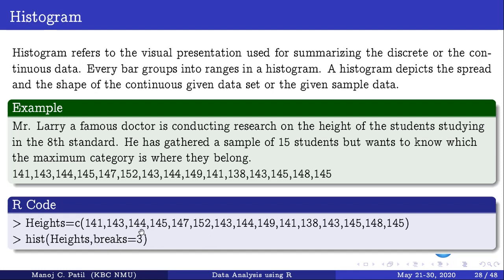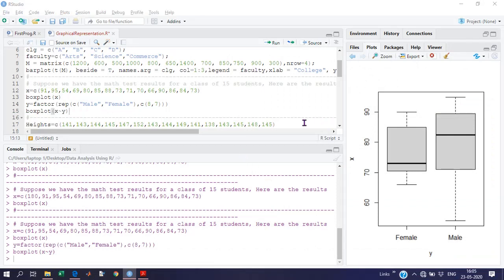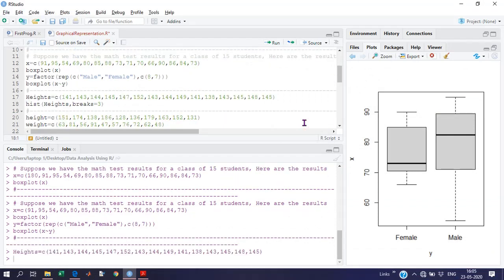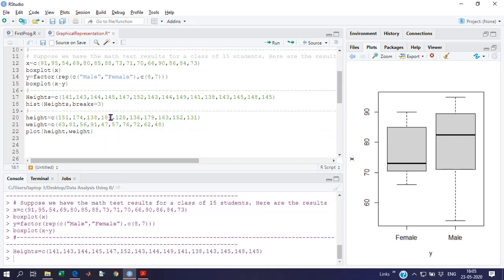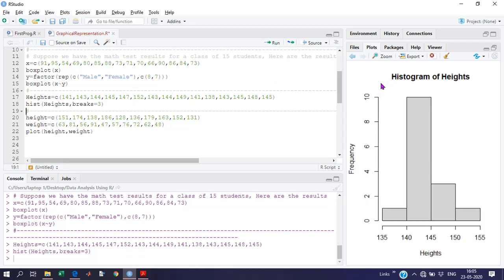Okay, let's move to the R code. It will be better for us. Run that heights. Find hist. Look at what we have done: we put breaks equal to 3, so it divided the whole data into 3 breaks: 1, 2, and 3.